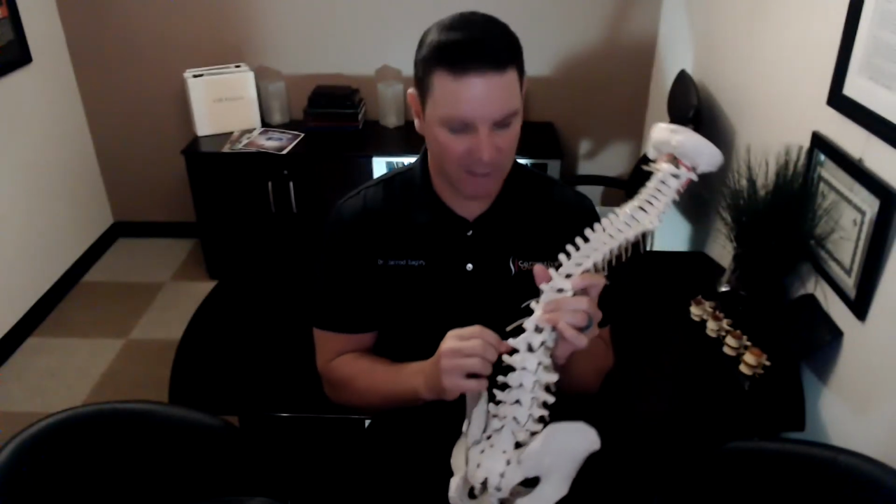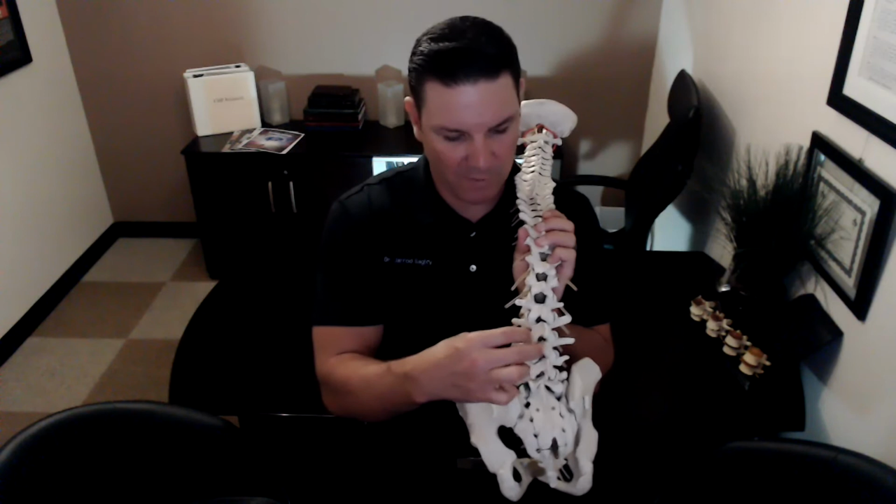And when those joints are jarred out of place, it causes soft tissue damage around the joint, which inflames and creates irritating stress on these little nerves that exit from, in this case, the lumbar spine or the low back. These are the nerves that supply both the sacroiliac joint and the musculature surrounding and stabilizing that joint, as well as the hip joint. So if we have irritation to these nerves, it creates improper signals and causes muscle imbalances,